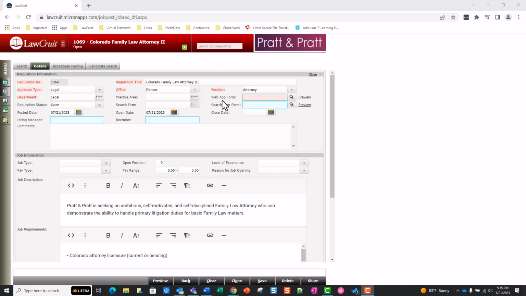Please note, the web application form needs to have the web app added to the job posting for applicants to apply for jobs via your careers page using the web application. To add a web application, click into the web application form field and type the name of the web application, or you can click on the magnifying glass to search for the